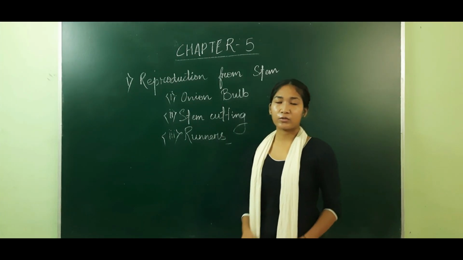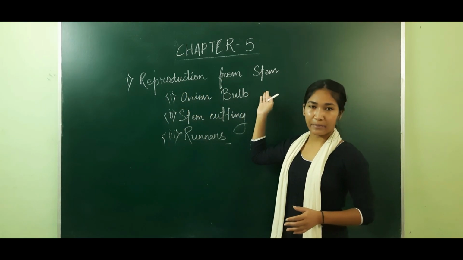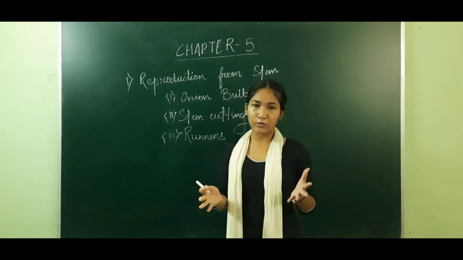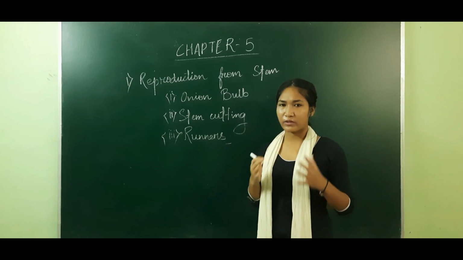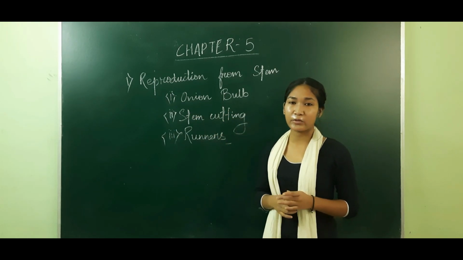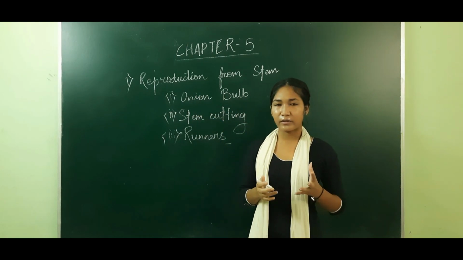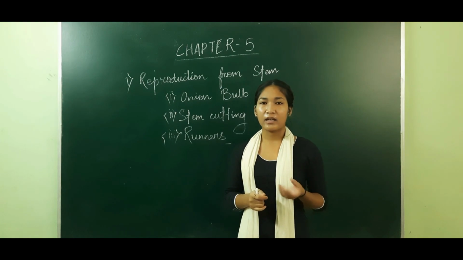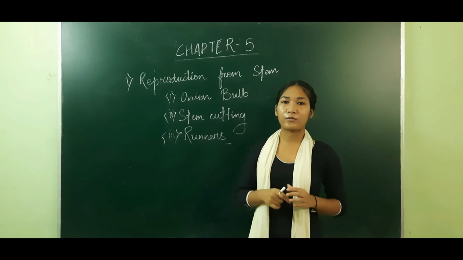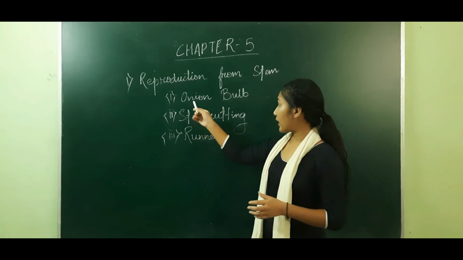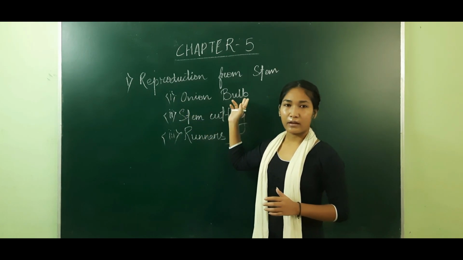The first way through which a plant reproduces is reproduction from stem. This is very new to all, I know. But you might have seen the first one without realizing that onion is reproduced with the help of the onion bulb. Whenever you see an onion, you might have noticed a bulb-like structure coming out from it. That is known as the onion bulb. So onion is reproduced with the help of the onion bulb.